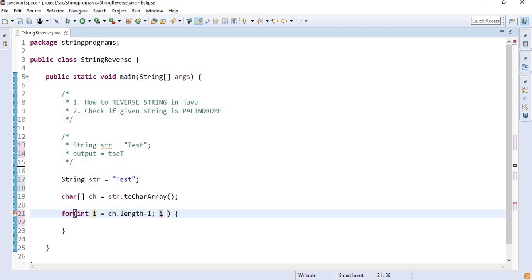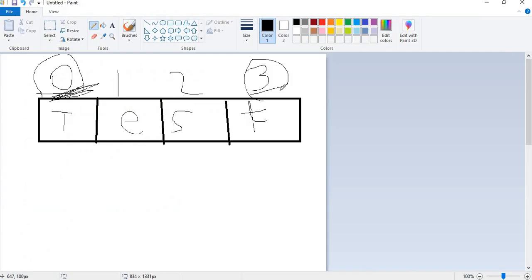So I will say that i, which is holding my index number, should be greater than or equal to 0, and till then it should loop. If my first index is 3, then the next expected index is 2, so the number is lowering: 3, then 2, then 1.